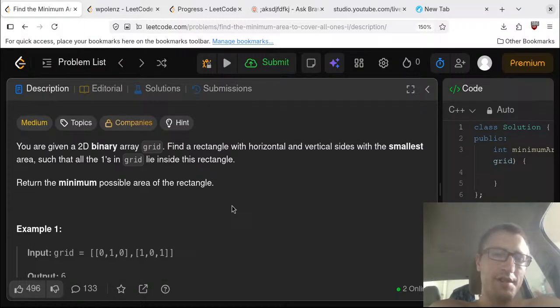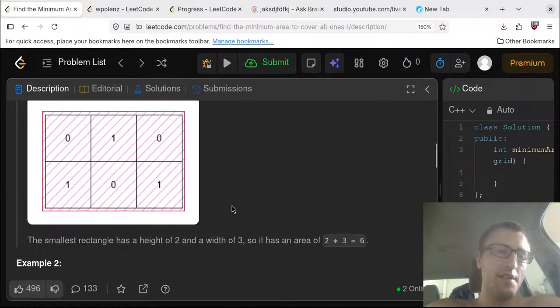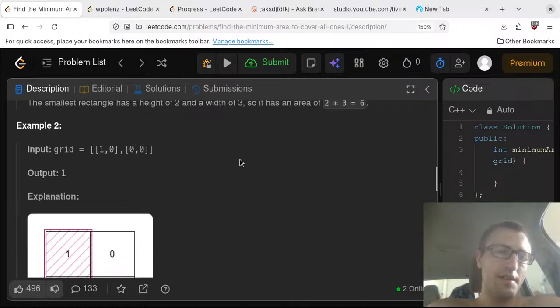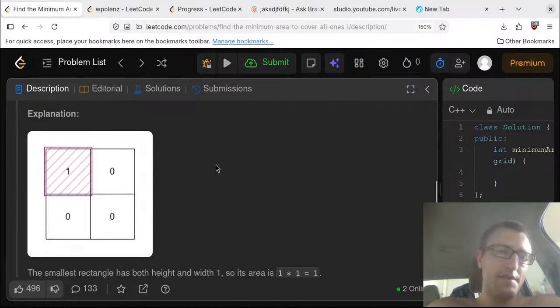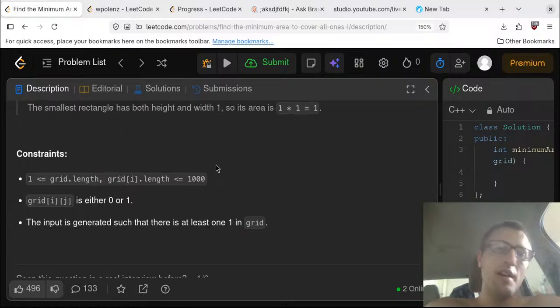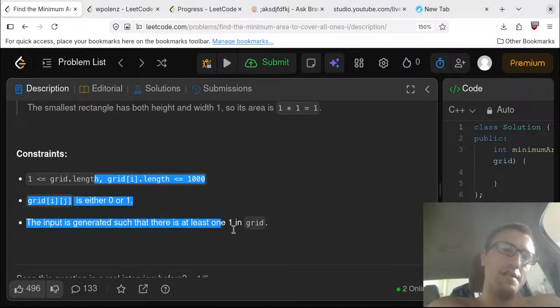Horizontal and vertical sides of the smallest area such that all the ones in the grid lie inside this rectangle. Oh, but all the ones have to lie inside the rectangle. Okay. Here's smallest. Smallest is this one. This is not too hard. So basically,